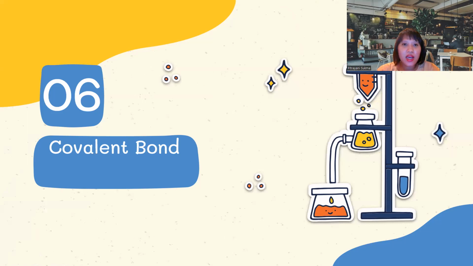Okay, so now let's continue to the covalent bond. What is the difference between an ionic bond and a covalent bond? An ionic bond is made by elements that are a metal and a non-metal, where the metal donates electrons and the non-metal gains electrons. But a covalent bond is between non-metals. It is not about donating or accepting electrons, but about sharing electrons. They share the electrons in the outer shell, so they can have an electron configuration more similar to the noble gases, and they become more stable.